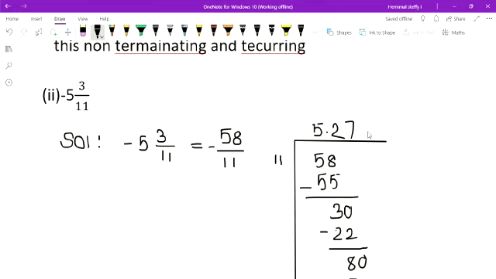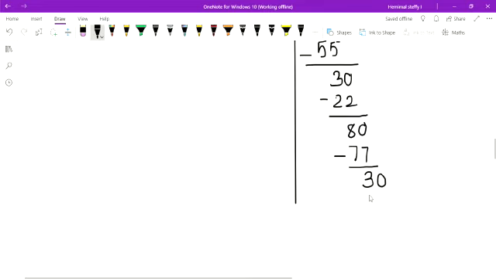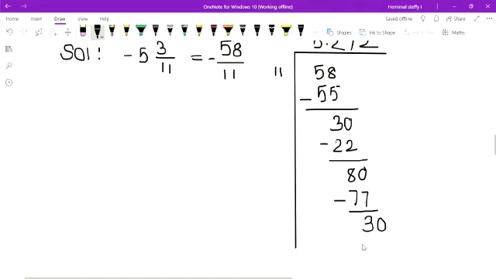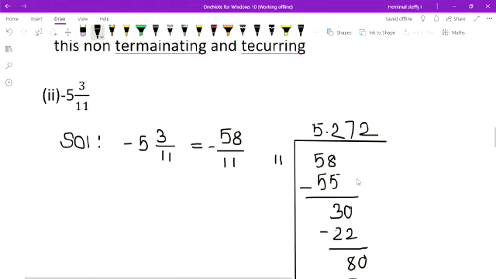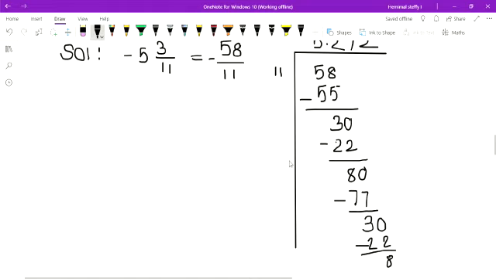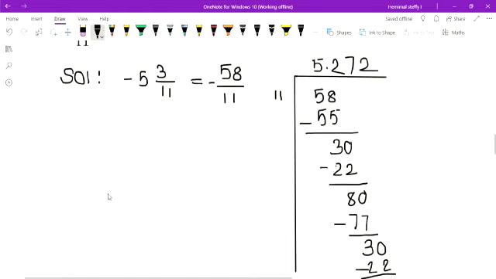30, how many times does 11 go? 2 times. Listen, see, 30 already is there. Again one time 30 is there. So the next answer is also the same as the 2. Understood that? The number repeated again one time. So I will stop there. I stopped here because after 2 7, again we will get 2 7. A repeated number came.